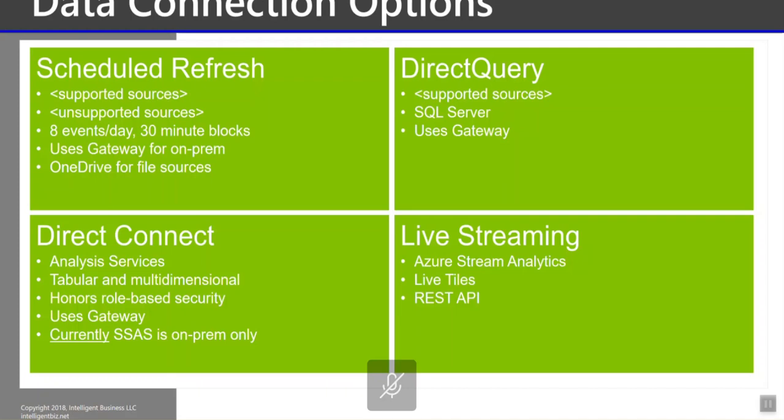And then finally, live streaming is kind of an outlier, but live streaming gives an application developer the ability to take streaming data and programmatically connect it to a Power BI dashboard where users just see the data change as often as 5 times a